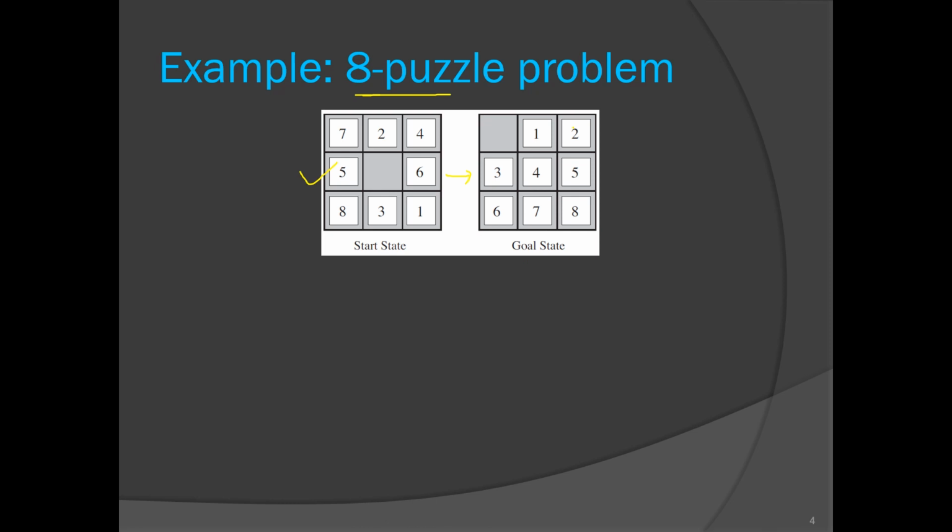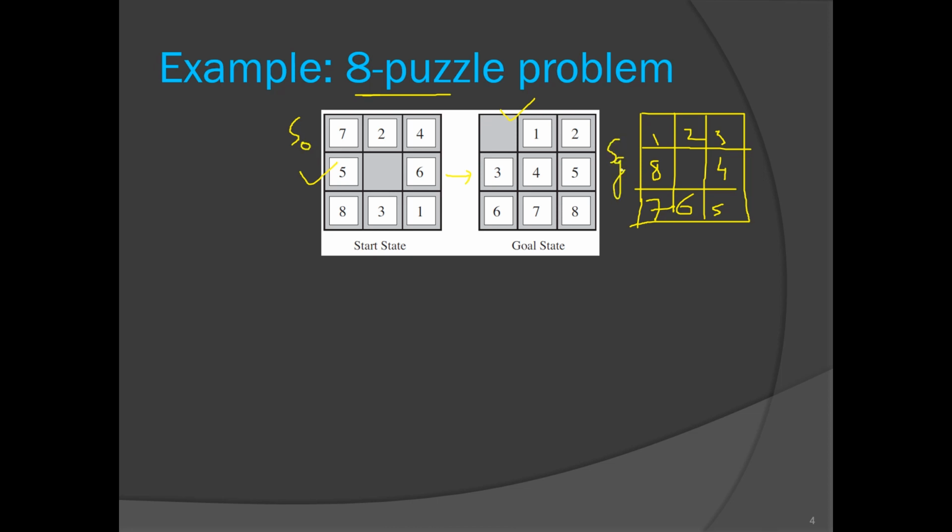Now for different problems the goal state can be different, so I can give a different goal state to my opponent for the next game. I can give him a goal state that he has to reach. So every example will have a different goal state. This is the goal state for this example and this is the start state. Start state can again be anything. I am denoting the start state with S0 and the goal state with SG. So my initial state is S0.